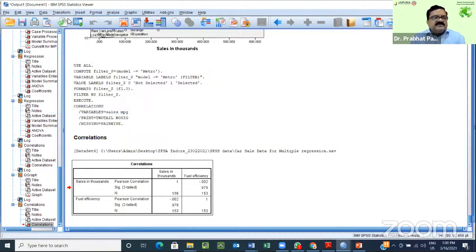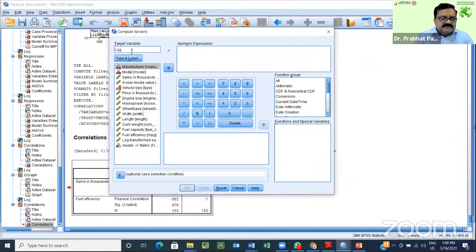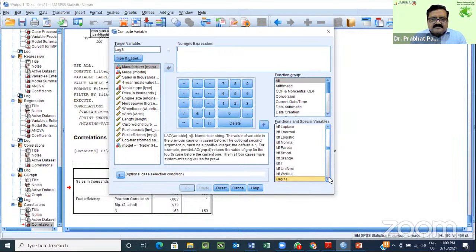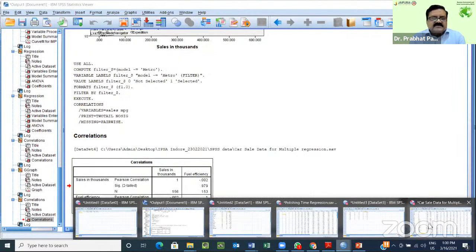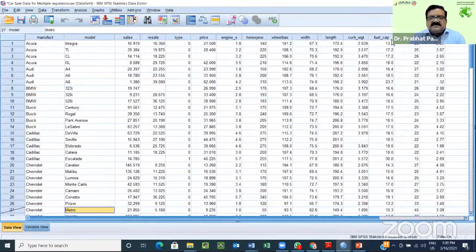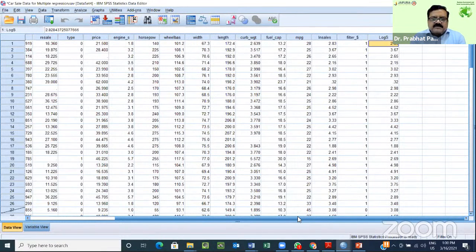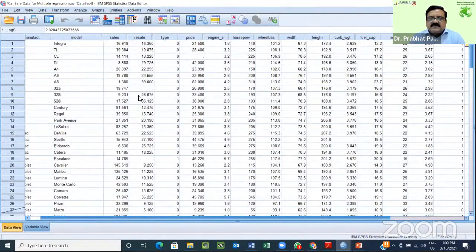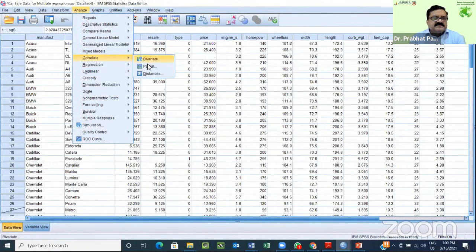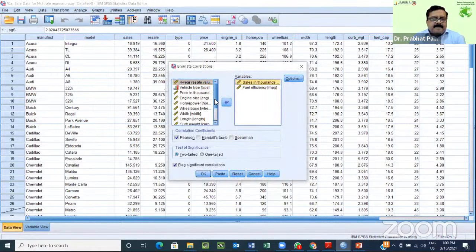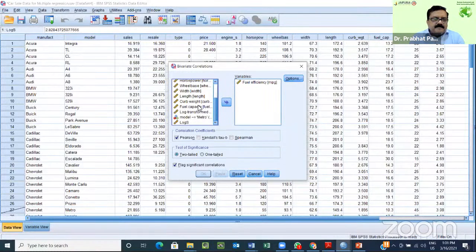So we go to transform, log sale, and then I'm saying, okay, so sales data has been converted into log, and now we have the log sale data in front of us, right? If you want, we can also convert the other variable into log in order to get a better result. But let's see how it works. So we go to correlation, bivariate, log sales,